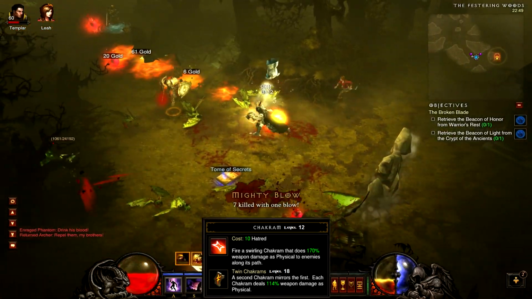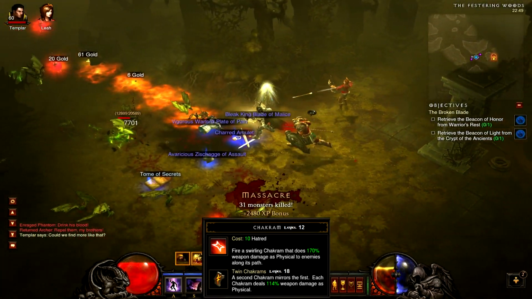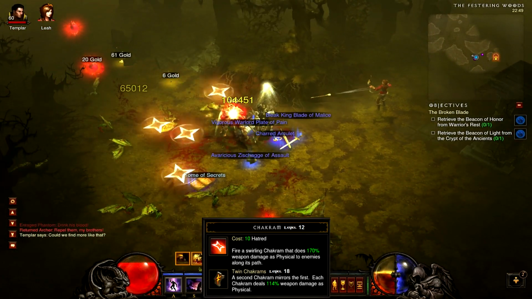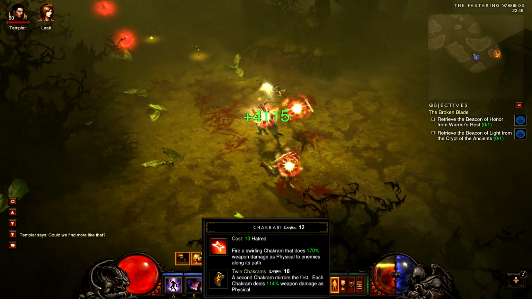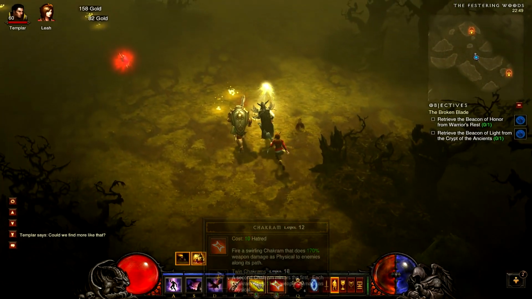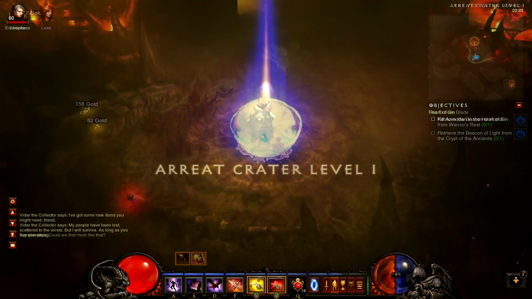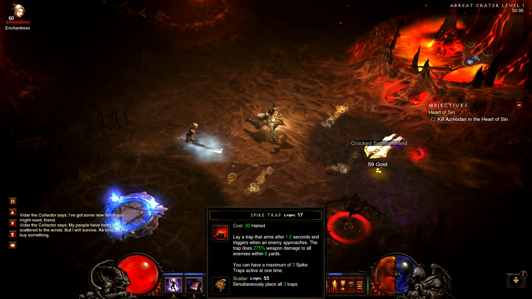It still has the same problems, low damage output, and it can go around enemies. In my opinion, you can try other rune choices, but other than that, I would still recommend using a whole other skill altogether. Next up on our list is Spike Trap with Scatter, and to be quite frank, I didn't